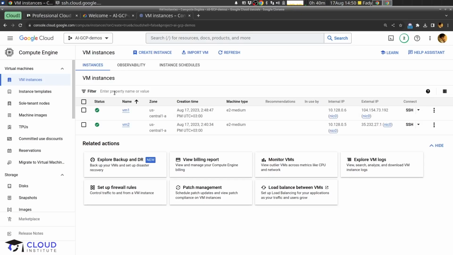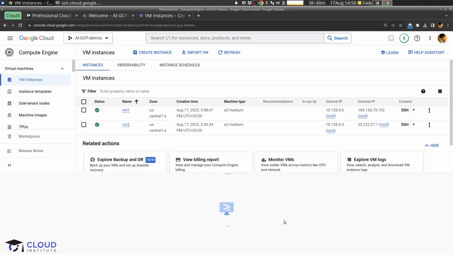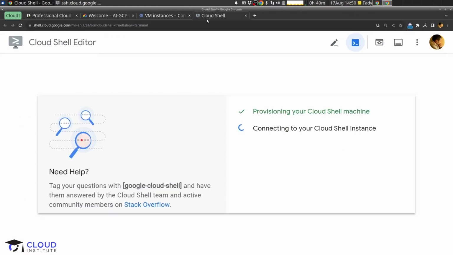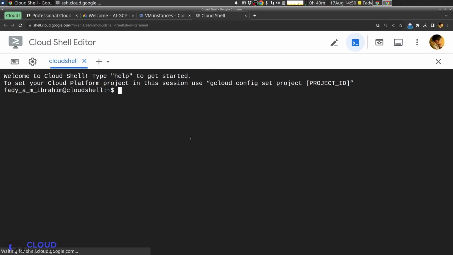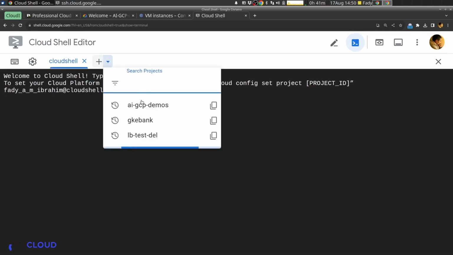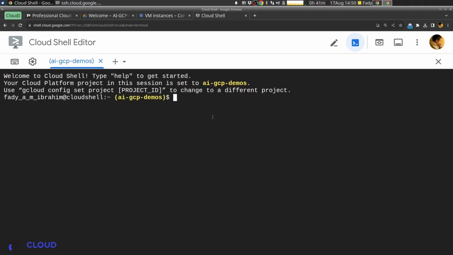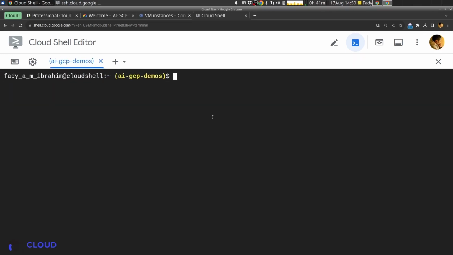The second option is using the Cloud SDK. The Cloud SDK is either installed on our laptop or our on-prem machine, and also there is an easy way to use it by activating the Cloud Shell. I will activate the Cloud Shell and use it in a separate window. Okay, I will choose our project, and from the command line of the Cloud SDK